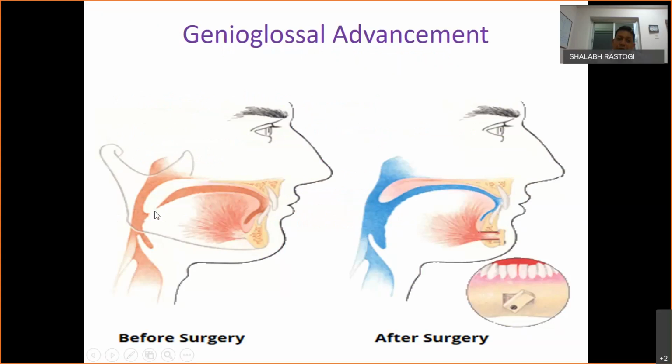If tongue fall is the cause of obstruction, then along with the genioglossus and the genial tubercle, you take it out on the anterior margin of the anterior table of the mandible, so that the genioglossus is advanced and there is an opening of the posterior airway. In this manner, you do the osteotomy, and along with the genial tubercle, you fix it to the anterior table of the mandible.